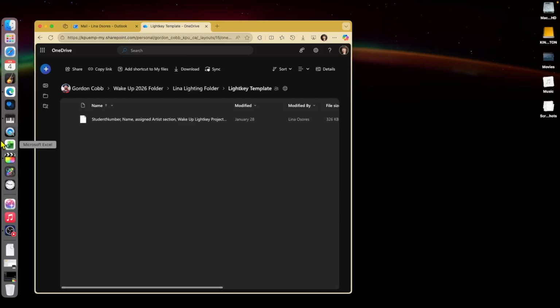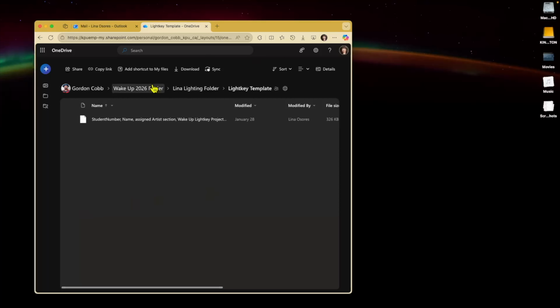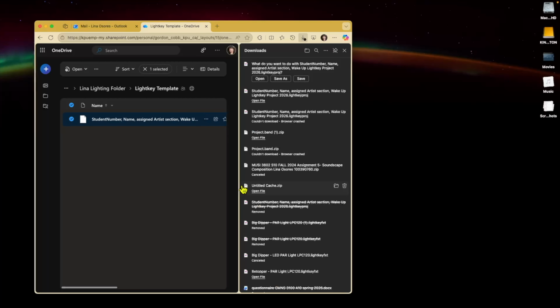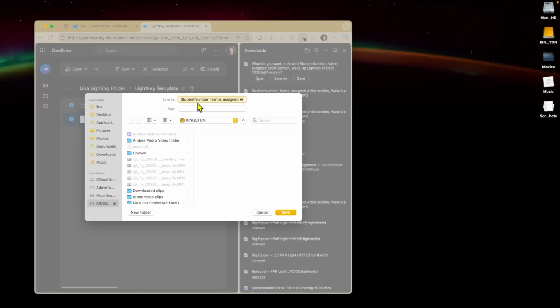So don't worry about opening Lightkey yet. Just go to the folder where your template is stored in the OneDrive. Everyone uses the same template at the beginning, so you just go ahead and download that. This panel will open up on your screen and you save it as, and you put your name and student number. You put your student number right where it says student number, and you put your name where it says name,